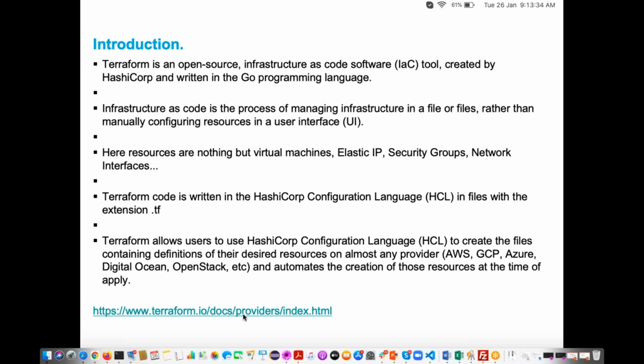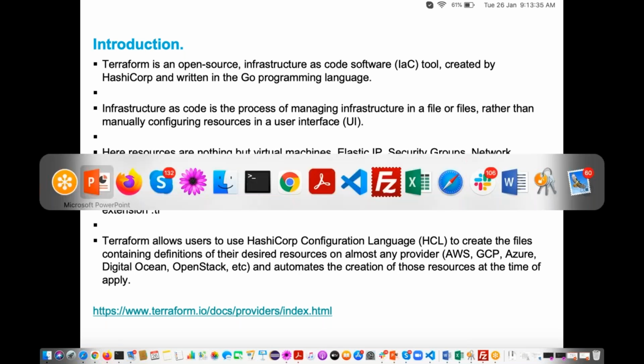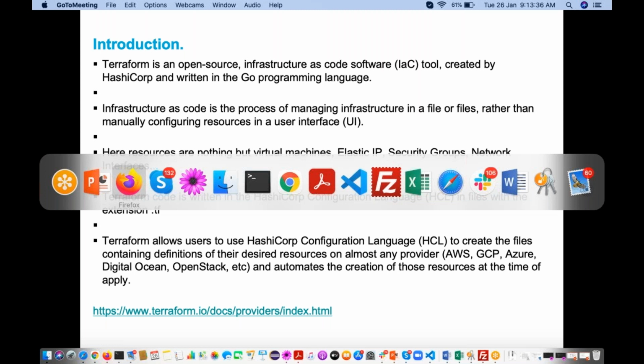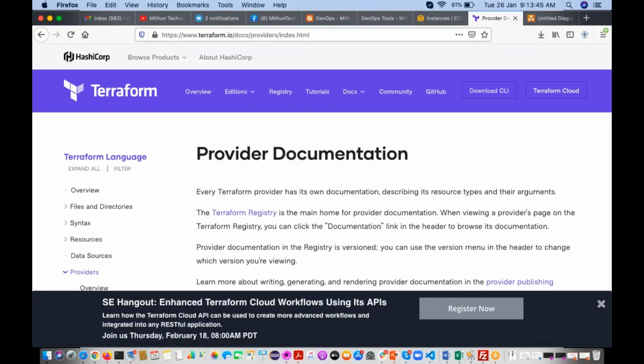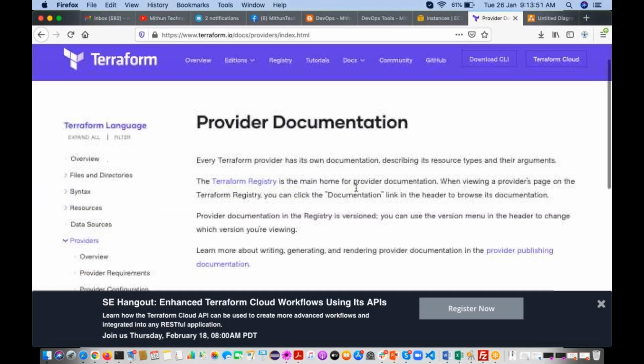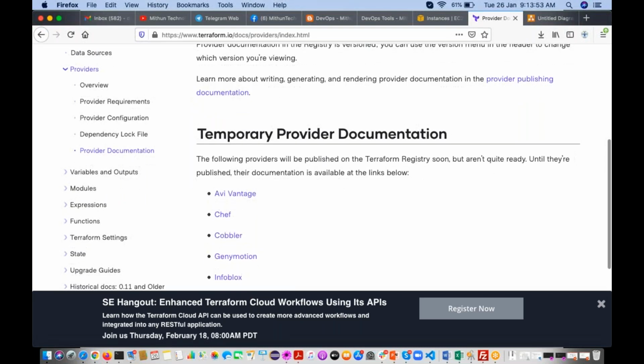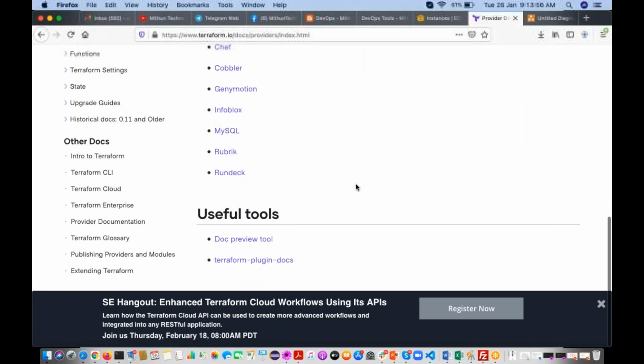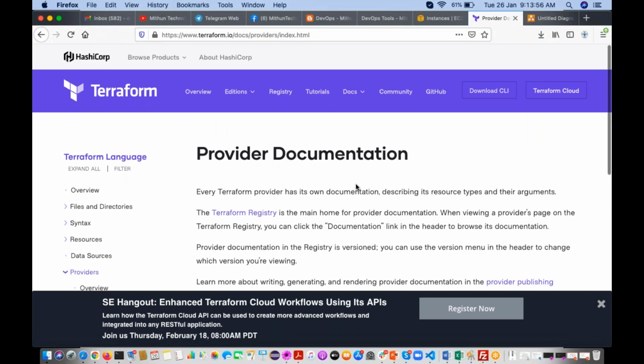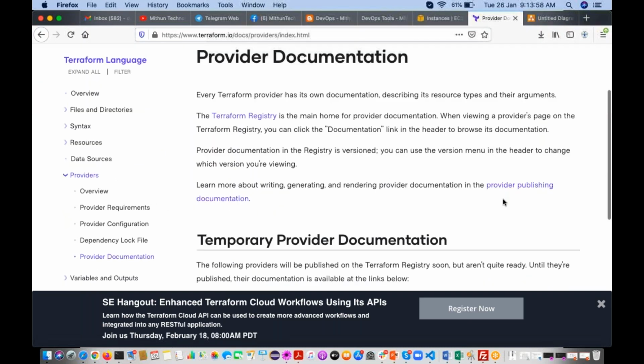See, this is the URL; I have already opened it. This is a very good website for Terraform documentation: www.terraform.io/docs. See here, many providers are there. Provider requirements.